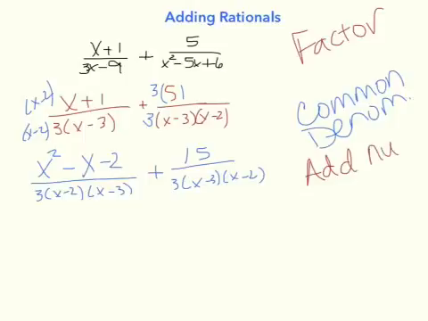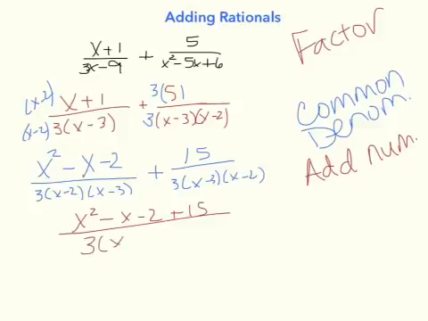All right, so then the next step is to add the numerator. So that means I have x squared minus x minus 2 plus 15, and it's written with one denominator, the common denominator on the bottom. So it's written as one fraction, or one rational. We add it up the top. And then the last step is just to simplify